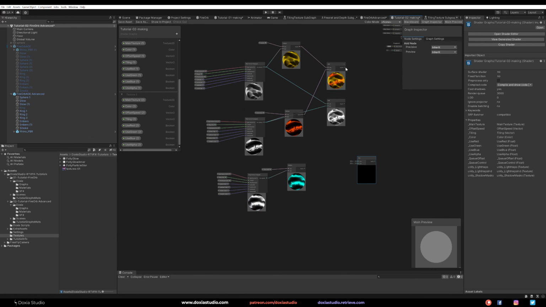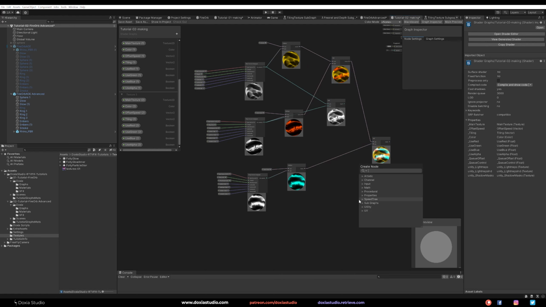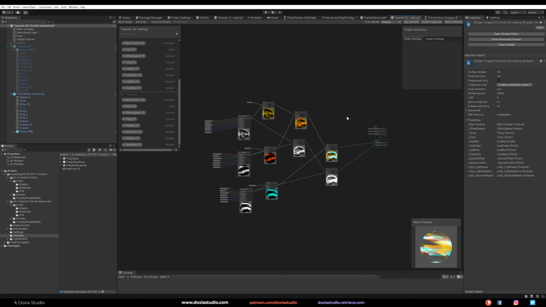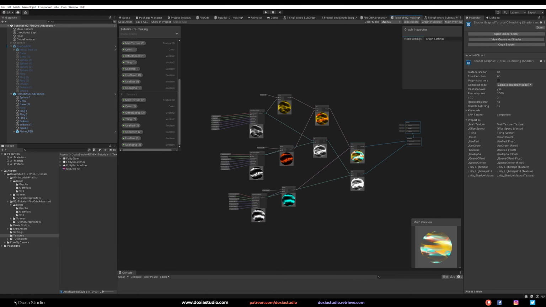So for the add color, let's link this here and here. Okay, pretty cool. And let's use the add for the alpha. Sorry. Okay, that's cool. Now we can use these on our final one. So let's go and use the color as base color and the alpha as the alpha. So right now, as you can see, we have everything.